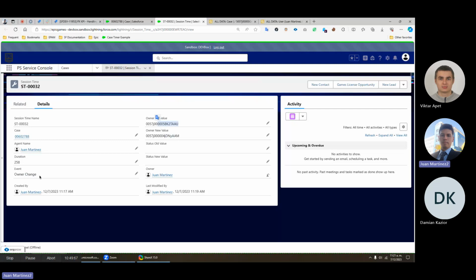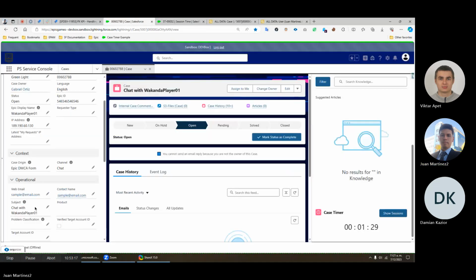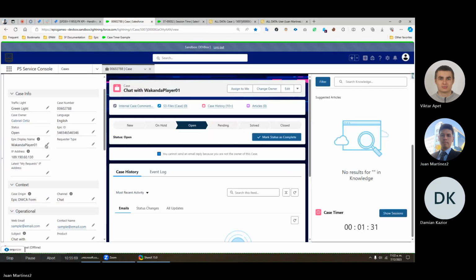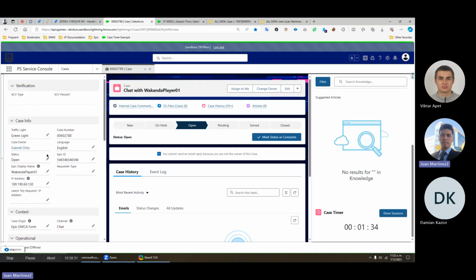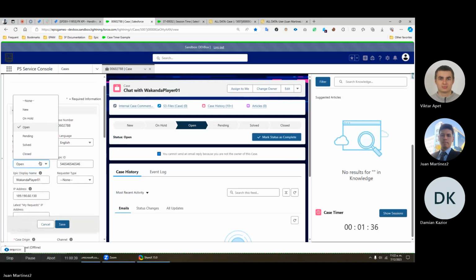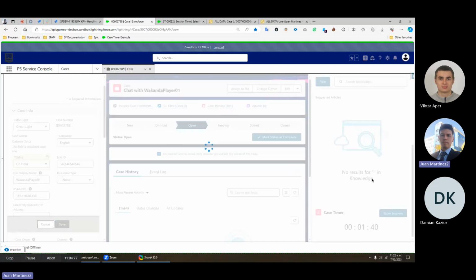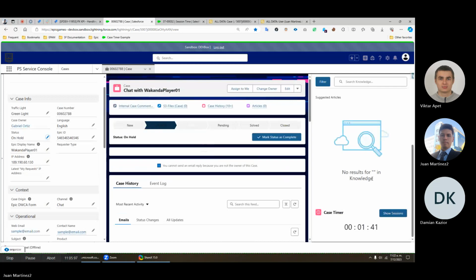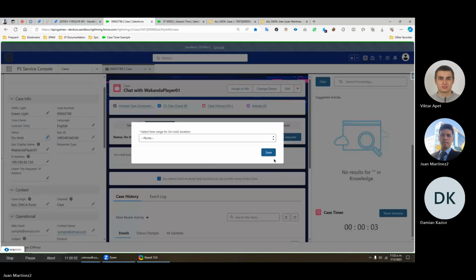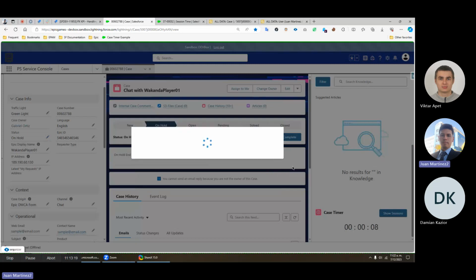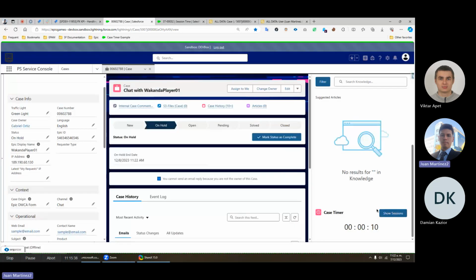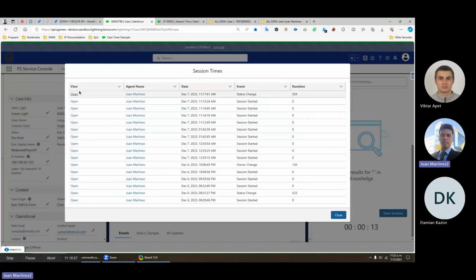If the change is a status change, let's change the status here. Let's change the status back to on hold. Let's click on save. And here it is asking me the on hold duration. Let's click on save. Okay, so we have here now a different duration, and when we open the same record,